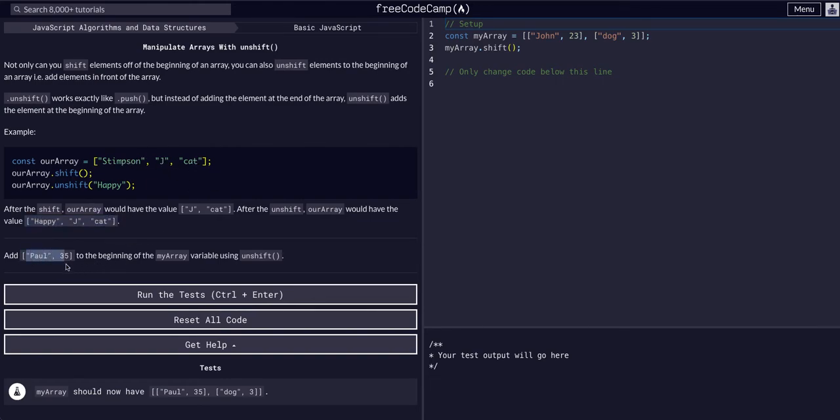So we're going to add Paul, 35 to the beginning of my array using unshift. We have my array, and it is an array with 2 arrays, and we're going to remove this first one with shift. We're going to shift this one off, and then we're going to unshift a new array. So just to see what's going on, we console log my array. We shifted the first value, the 0th index, off, and now we are going to say my array dot unshift,